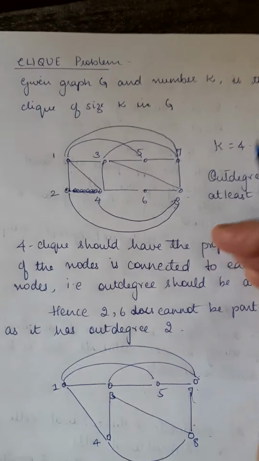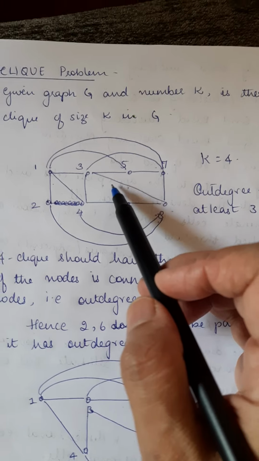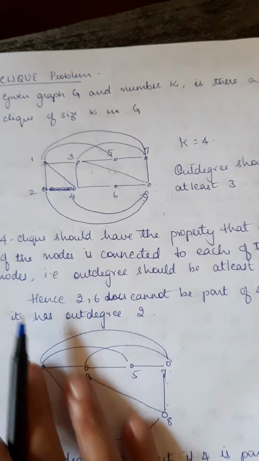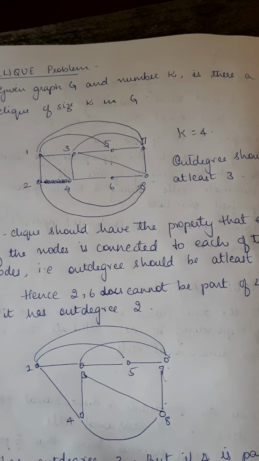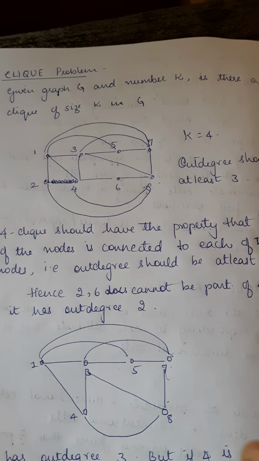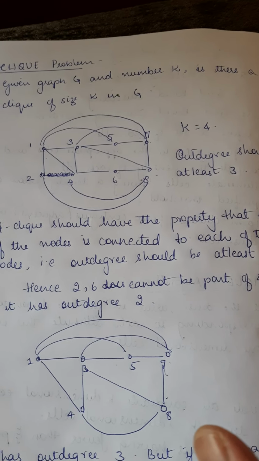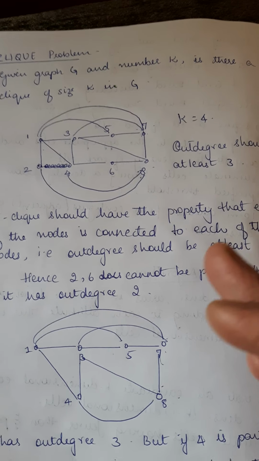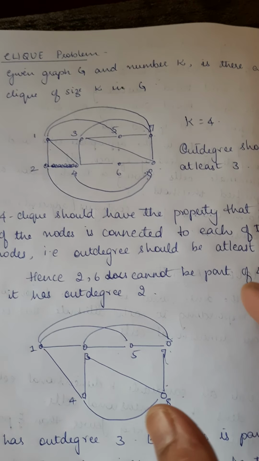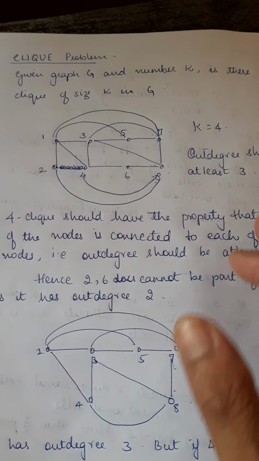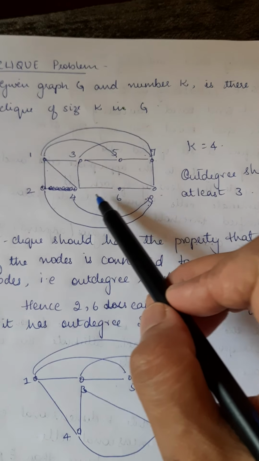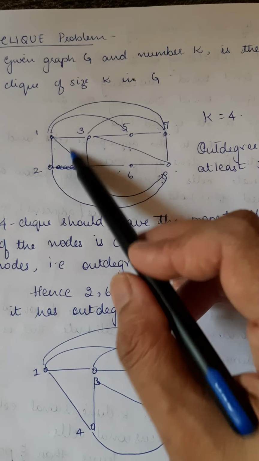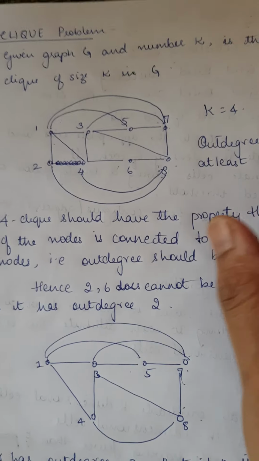Now this is a problem given to you. Imagine I am giving you a graph and a number k. Let me first tell you what a clique is. A clique is nothing but a group of people, in simple terms, a social group which have something in common, like a PAN number or Aadhaar card. So that is what a clique is. Here I am given a graph G and a number k. You have to find if there is a clique of size k in this graph. That means something should be common.